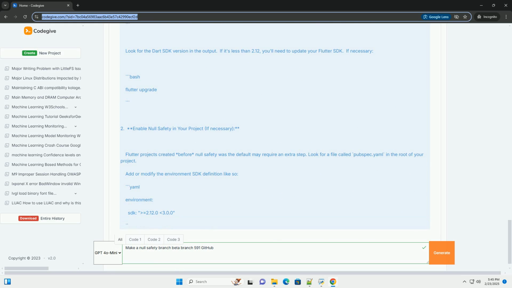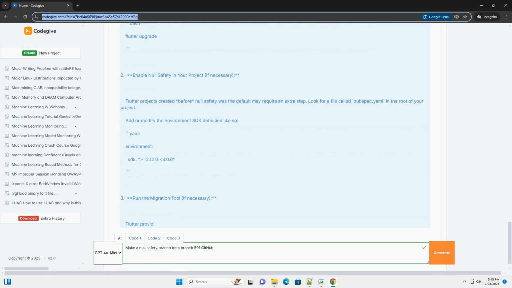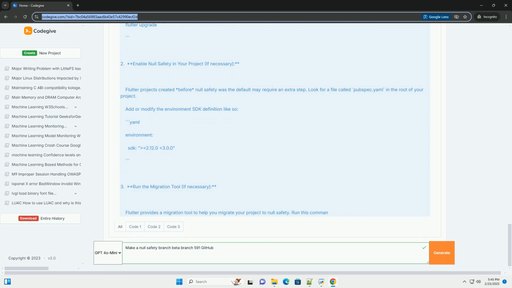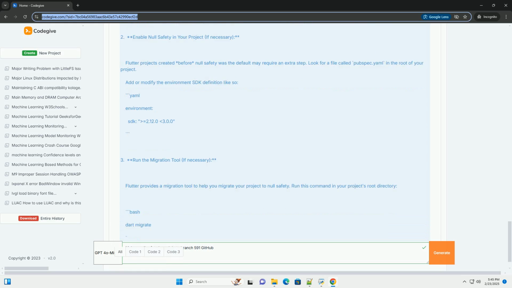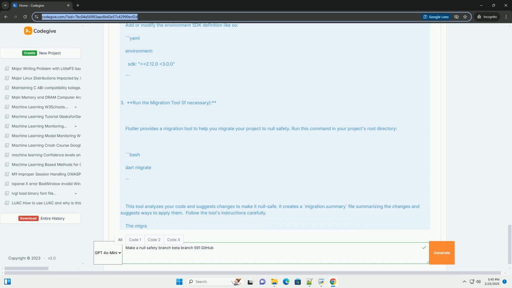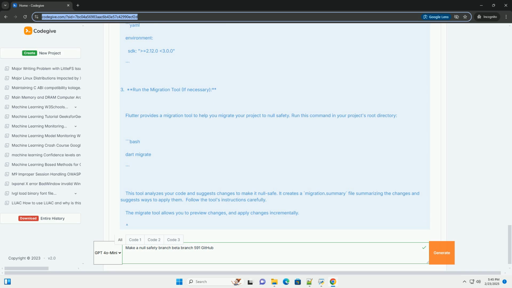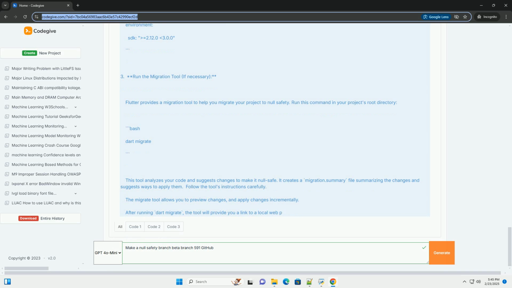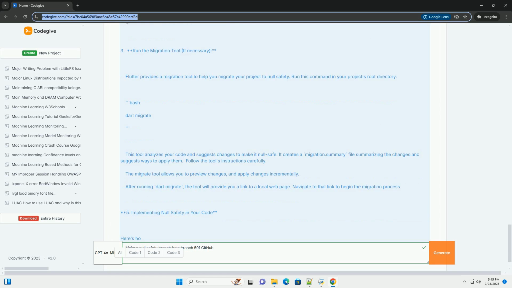Null-safety is a feature of programming languages that helps developers avoid null pointer exceptions. A null pointer exception occurs when your code attempts to access a property or method of an object that is currently null. This usually crashes the program, and it's a very common source of bugs. Why null safety is important: